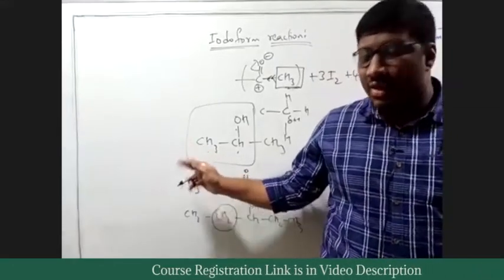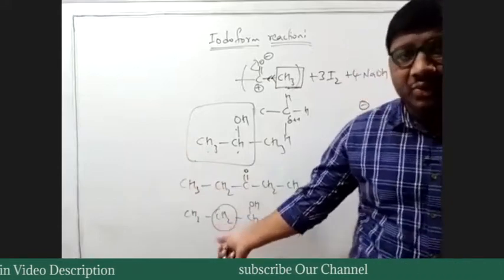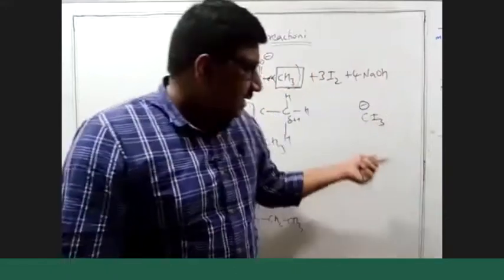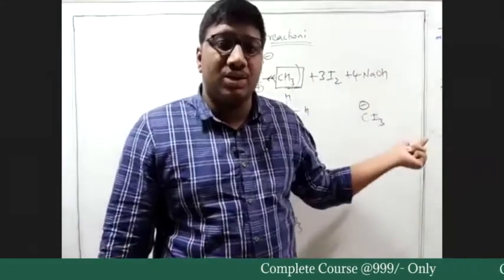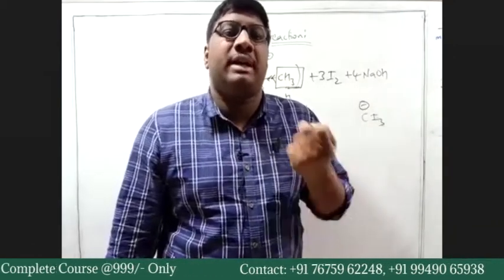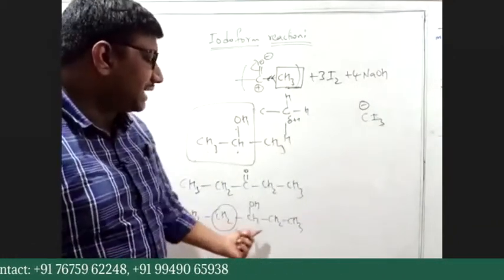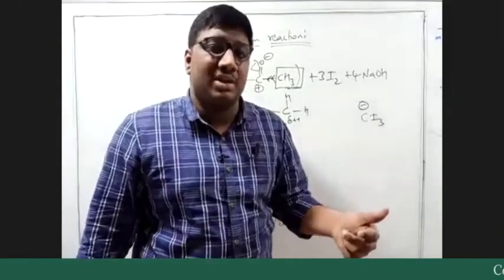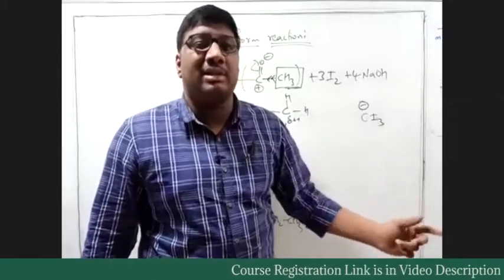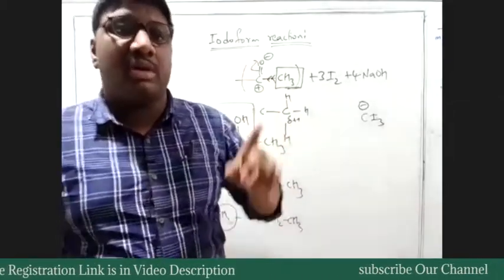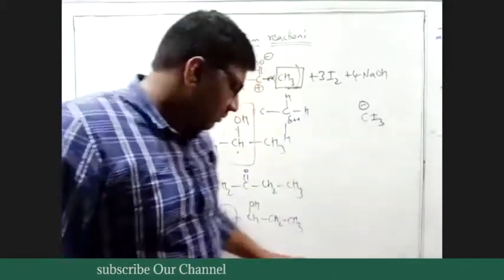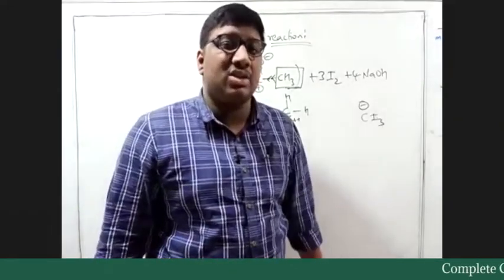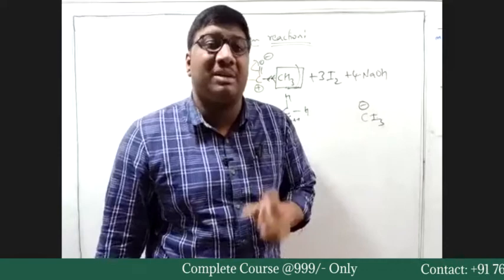If it is attached to CH2, only 2 hydrogens can be replaced by halogens, and we cannot get a trihalogen derivative. Trihalogen derivatives are known as fluoroform, bromoform and iodoform. If you only have CH2 attached to CHOH, then only 2 hydrogens will be replaced, and the product is not iodoform, bromoform or fluoroform. So this compound will give a negative iodoform test, or in general a negative haloform test.